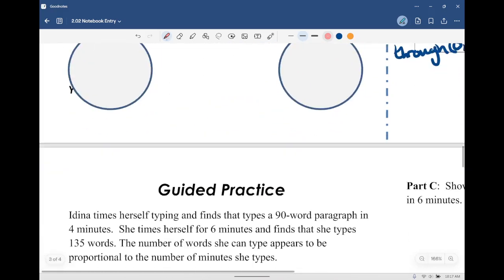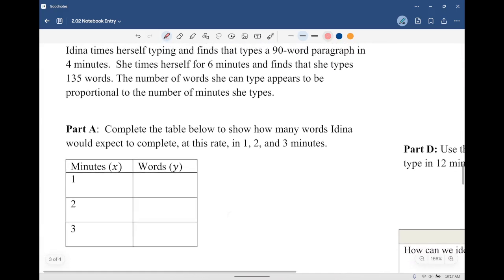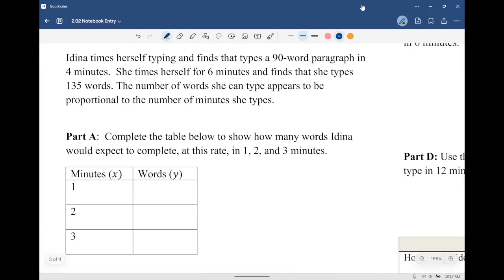All right. Now we're going to look at an example. Now, I'm admittedly going to go through this example pretty quick because we've actually talked about all of the parts we need for this. This is just a matter of plugging in numbers now. And so, who can read this example about Adina nice and loud? MJ, nice and loud, please. Adina times herself typing and